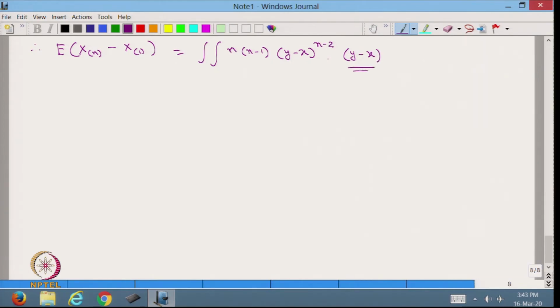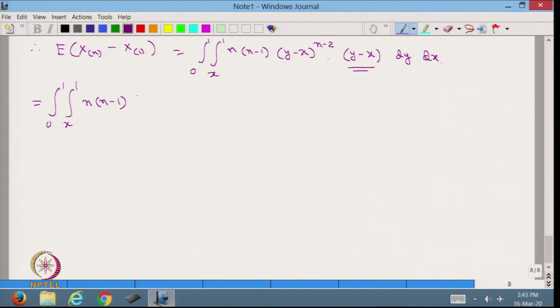So, this is the function for which we are trying to find out the expectation, into dy dx. Now, we have to put the range. Y cannot be less than x, therefore, range of y is x to 1 and x can be anything between 0 to 1, which is equal to integration 0 to 1, integration x to 1, n into n minus